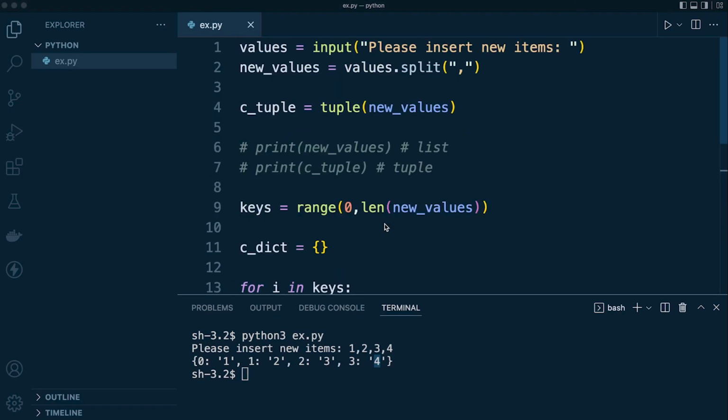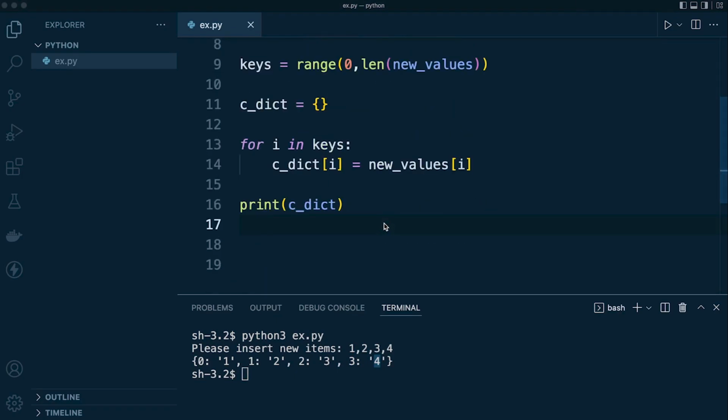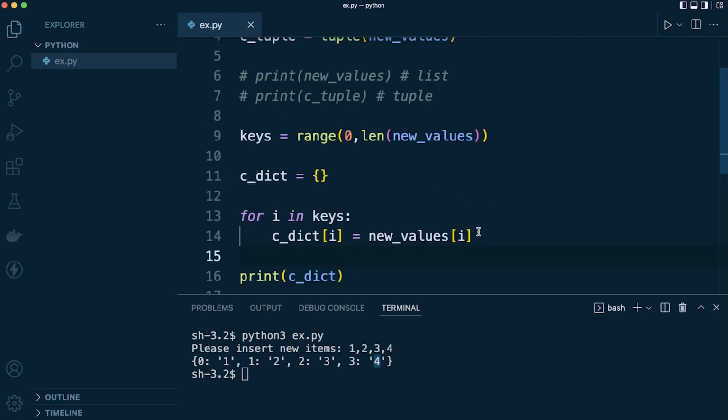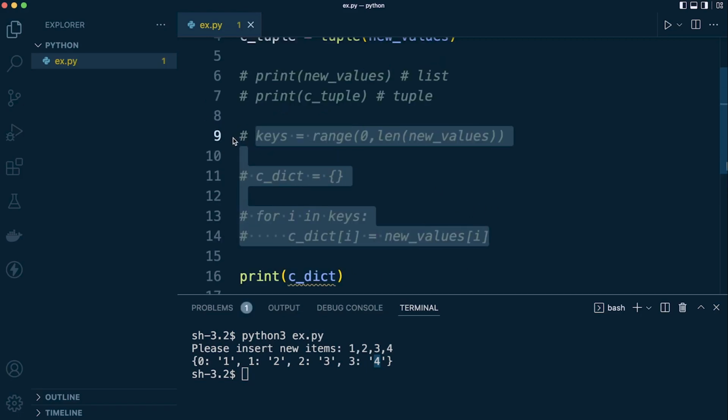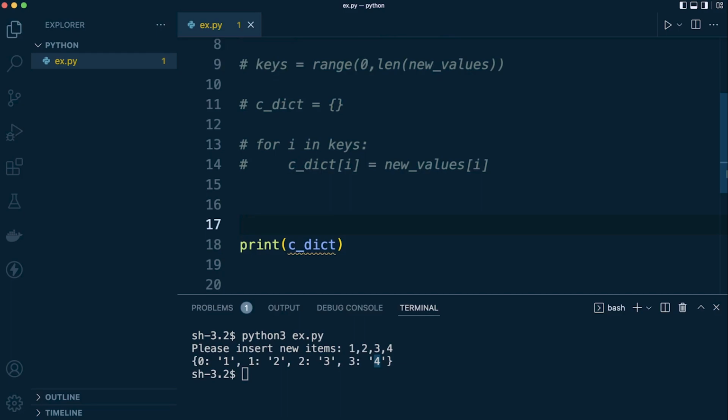So that's one approach. There are a few other different approaches here. Just to quickly go through this, although you may have generated this yourself, hopefully that gives you a good breakdown of this. So I'll just comment that out. What we can do here is essentially create a one-liner. So let's go for